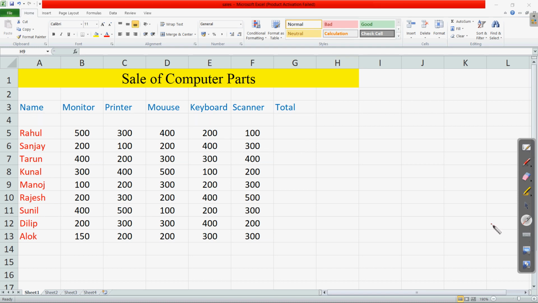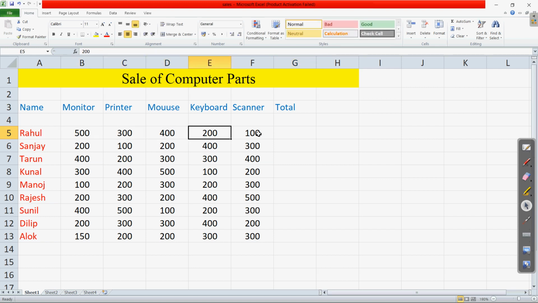As you already know, in MS Excel all the cells have some address. For example, if I ask what is the address where Rahul is written, the address will be A5. If I click somewhere here, okay, here it is. So I was telling you that the addresses are given according to the column and row. Clear? So these all have some addresses.